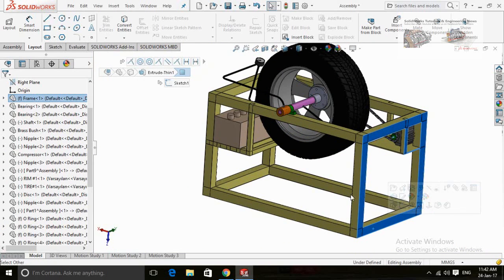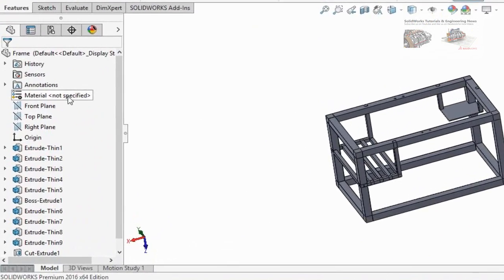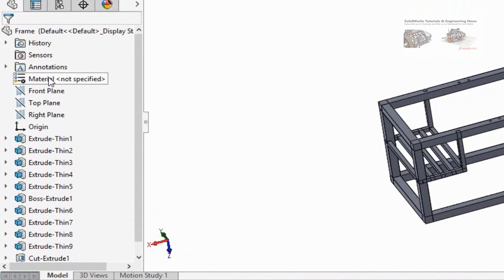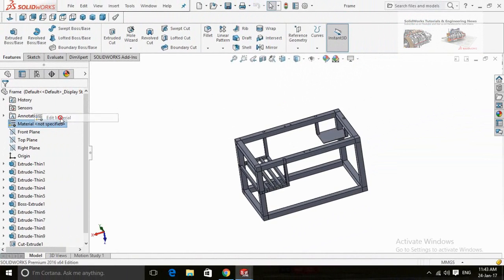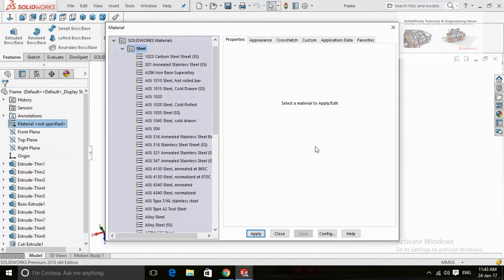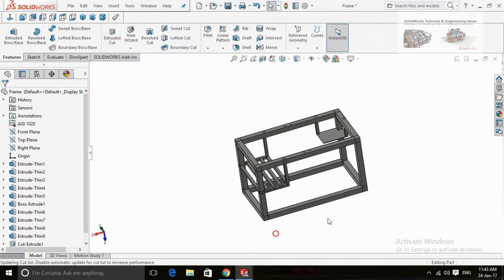Now if you want to know the weight of any part in the assembly, click on that part and open it. Right click on material and select Edit Material. Select the material of the component and then click on Apply and close it.